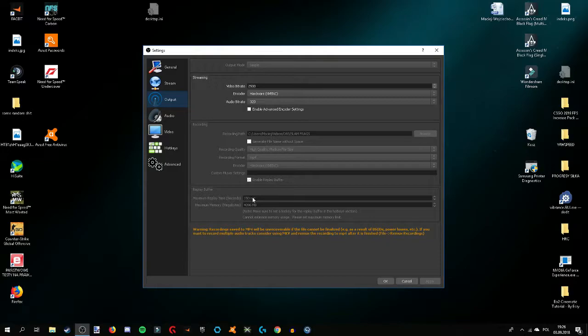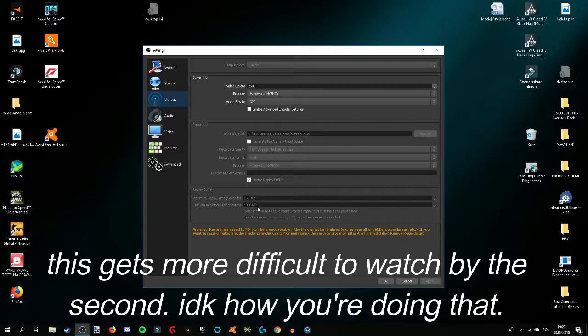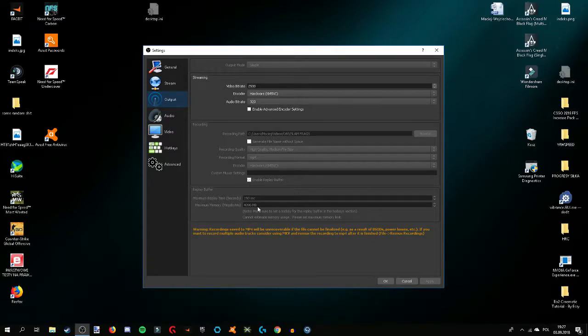If you were to set it very high up, then it probably will change, because this is essentially how much the replay can buffer in terms of memory. It's going to be looking back a certain amount of megabytes, kilobytes, whatever you set it to. So for example, if the replay buffer you created would be larger in file size than your maximum memory, what I'm assuming is that it either wouldn't work, or it would simply be cut off at a certain part of the recording,